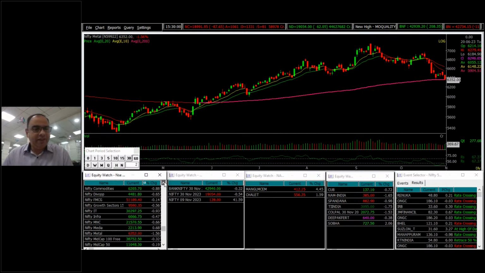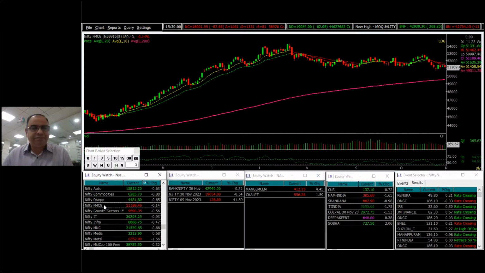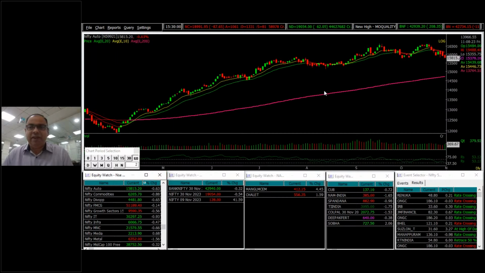And if you look at other sectors like FMCG, it is currently moving in a consolidation, and we haven't seen any sharp weakness. We haven't seen the sentiment damaged in the FMCG sector, as it is moving in a range bound action, well above the 200 EMA. And automobile, on the other side, is looking weak. It has been coming down continuously for the last 7-8 sessions. We could see further weakness in the automobile sector as well.